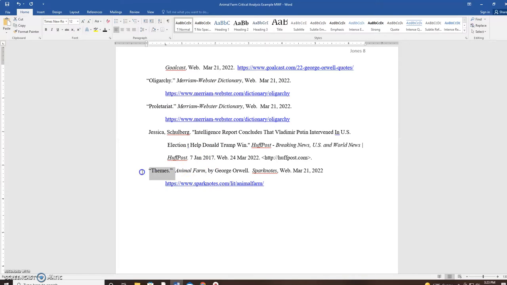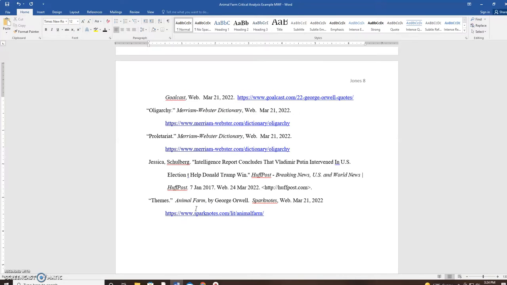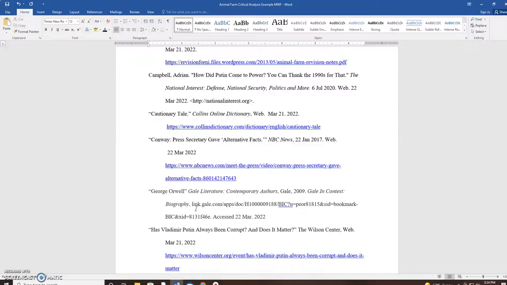And then here's another SparkNotes link about themes. This link right here, if you follow this link, will give you some good themes from which to choose for your essay. Moving back up here,